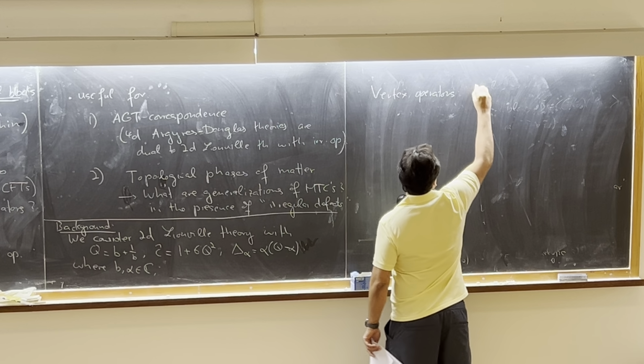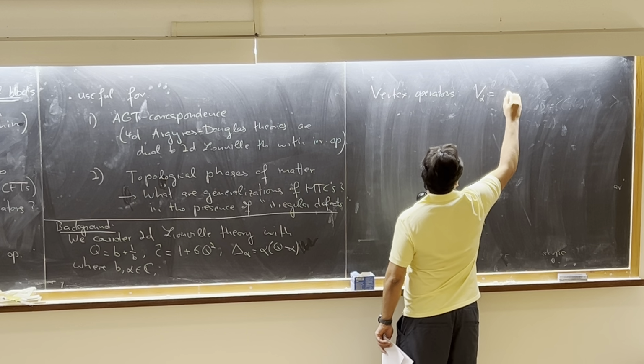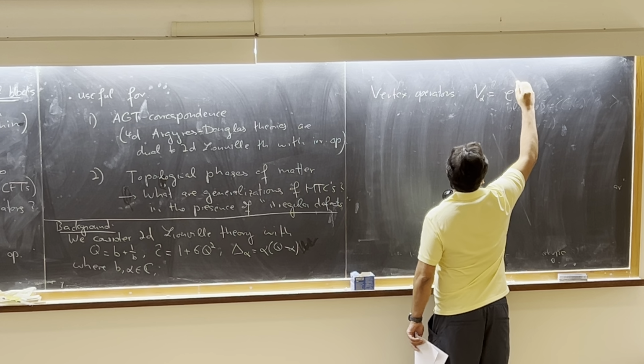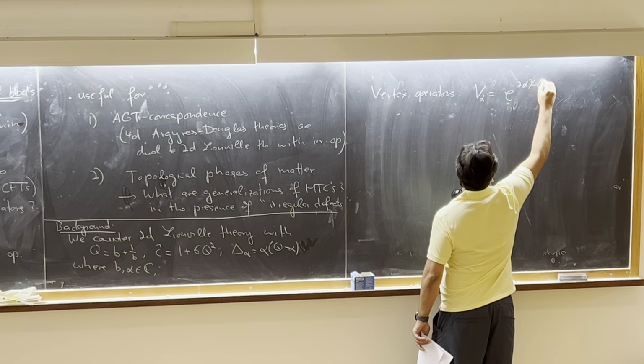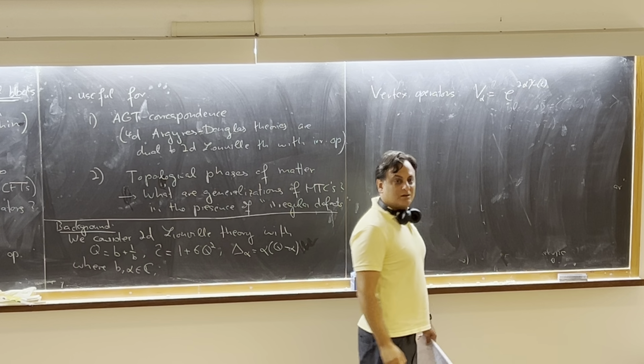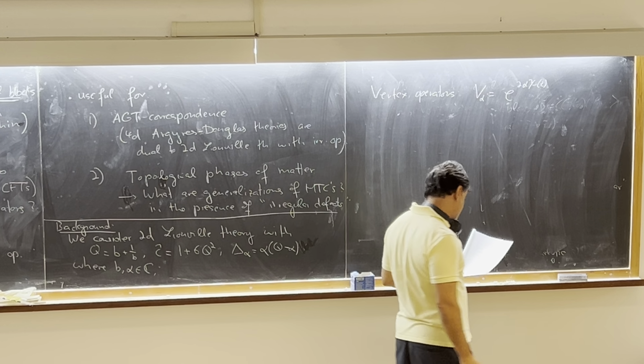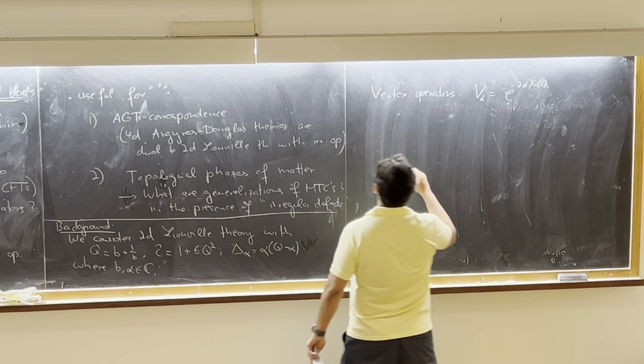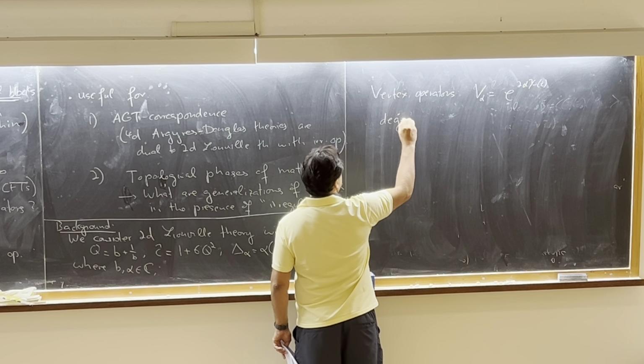They are just labeled by these Liouville momenta, and it is e to the 2 alpha chi of z, where this is the Liouville field. And we have also the degenerate operators,